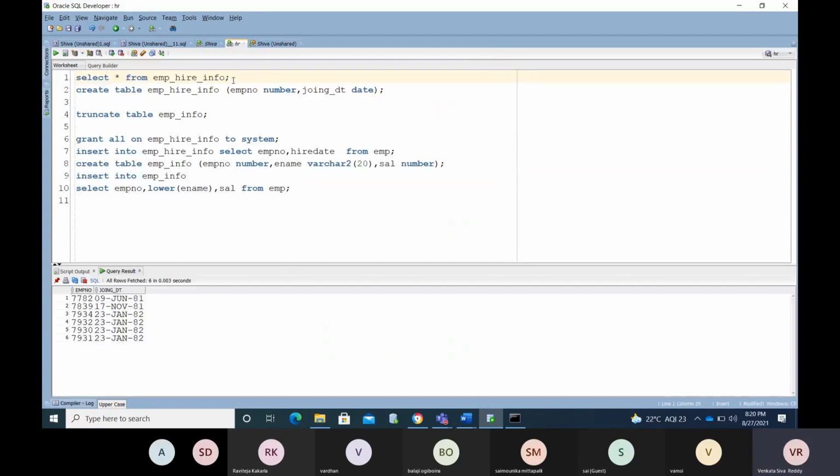See in the employee table, we have 6 plus 5 records inserted. The same table, how many records are inserted, try to verify.